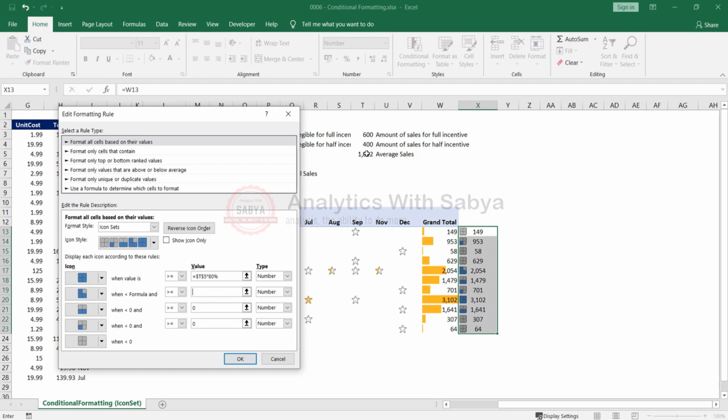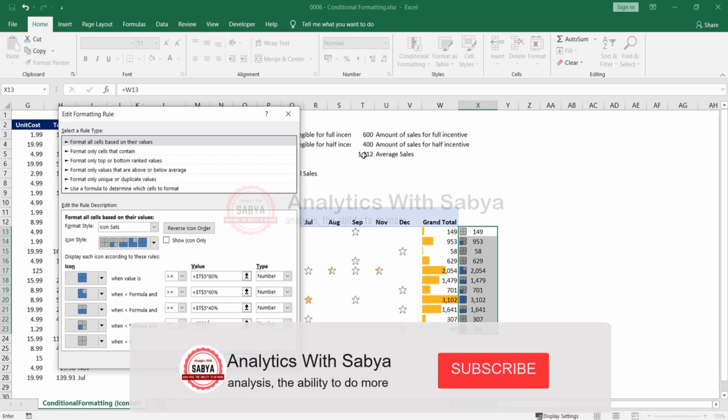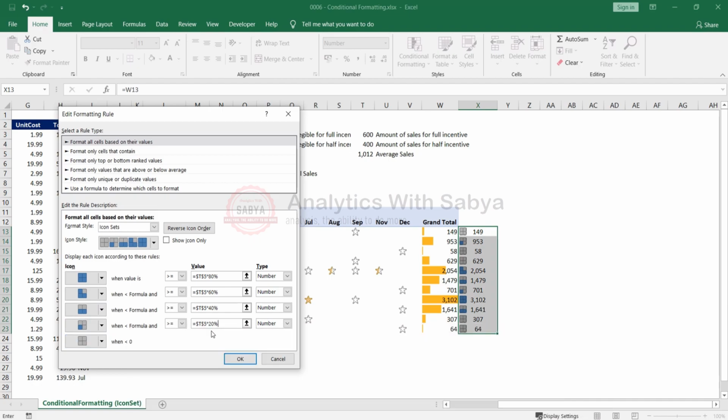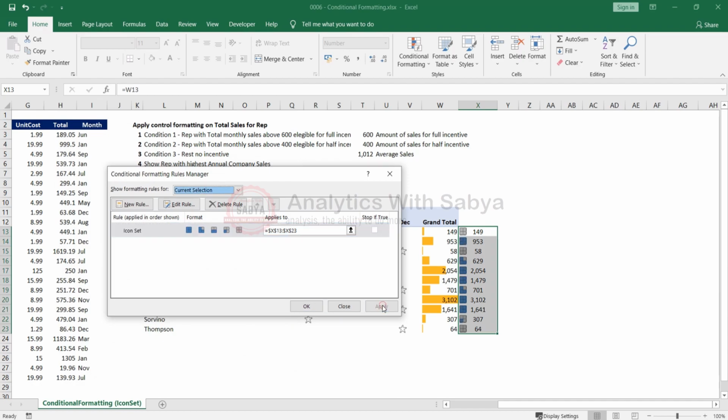Then delete this, is equal to this multiplied by 60% will be kind of 1/4, then is equal to this into 40%. Whatever this number is, get half of it, then the remaining will be is equal to this into 20% should get just something like this, which is only a quarter, and the rest below 20% will be getting 0. Click OK and click on apply, click on OK.